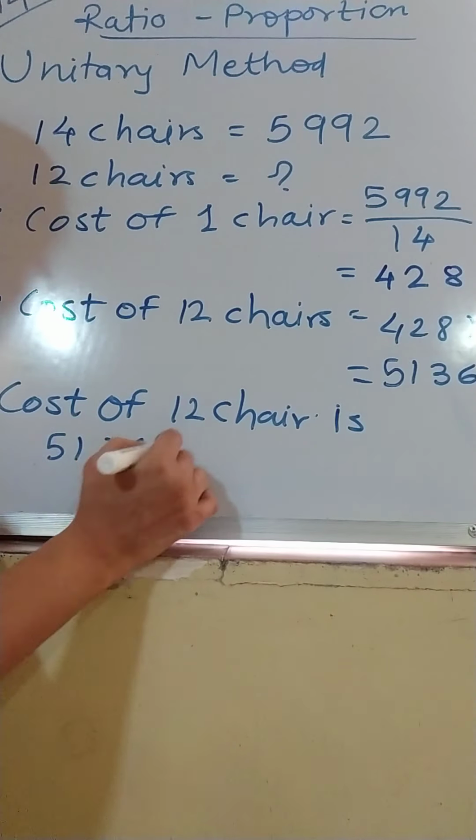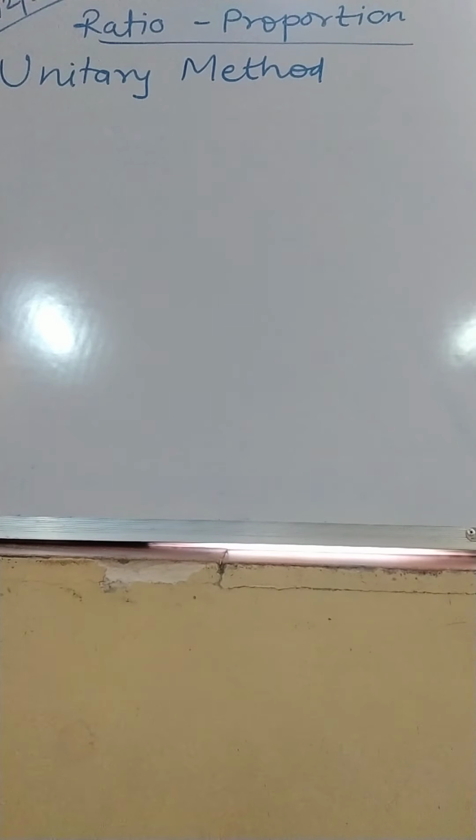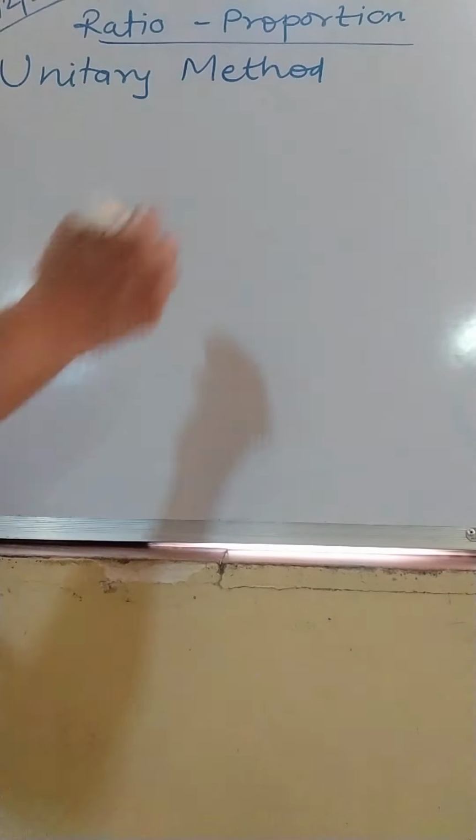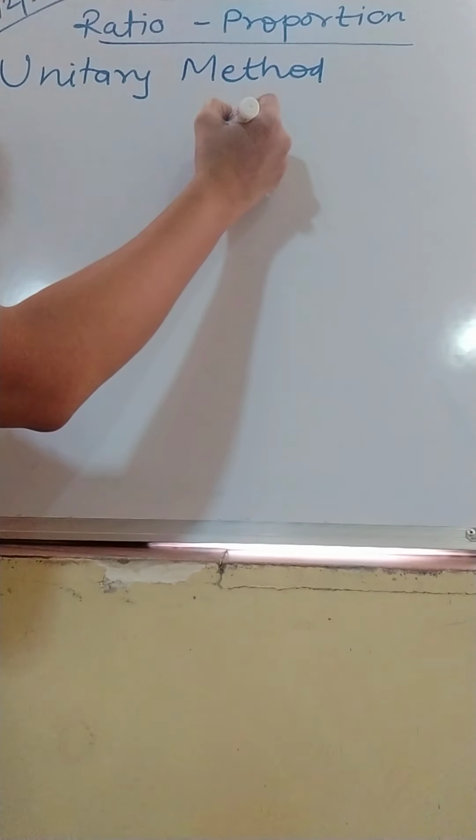Take the fifth one. A car with uniform speed covers a distance of 165 km in 3 hours. At the same speed, see, there are two questions. First, how long will it take to cover a distance of 330 km, and how far will it travel in 8 hours? Now see, I'll make two columns here.